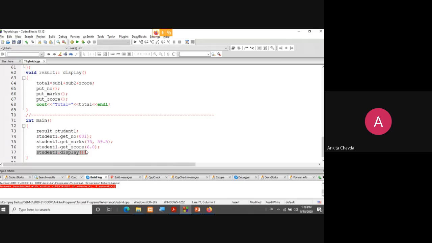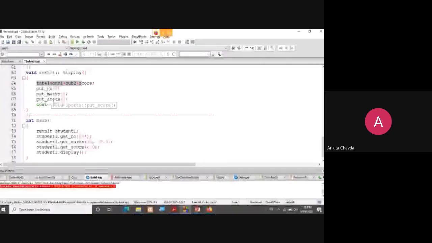So this display method will be called, total will be calculated, and all these functions will be called from this display, right? And finally we will be having the result.